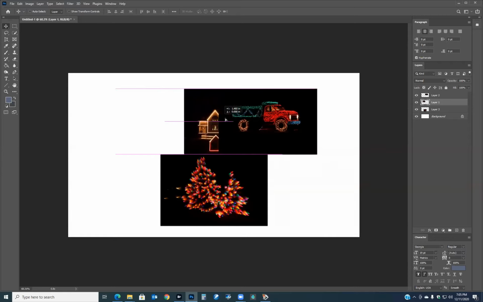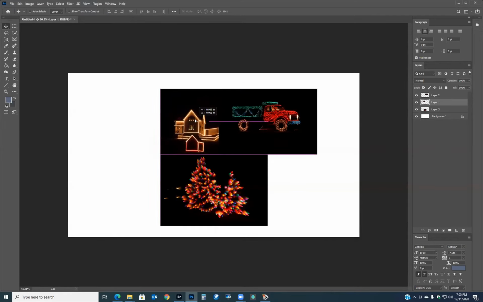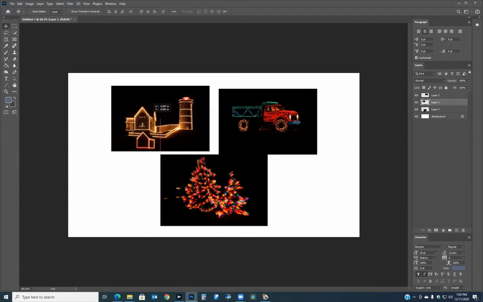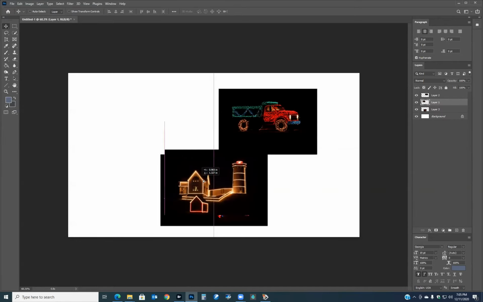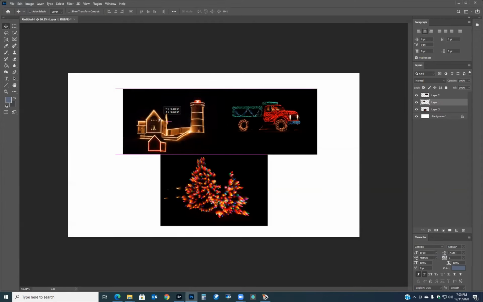now we can move that. You say, okay, why don't I see it? Why isn't that going over the truck? It's because the truck is on a layer above the lighthouse. Just like if I move this down, this is over the other one. Again, remember what I said at the outset. Layers are hierarchical, and that's why it's really important to understand what's on top is going to be what's on top over here. Even though in this case, it doesn't look like anything's on top, but realistically, this is on